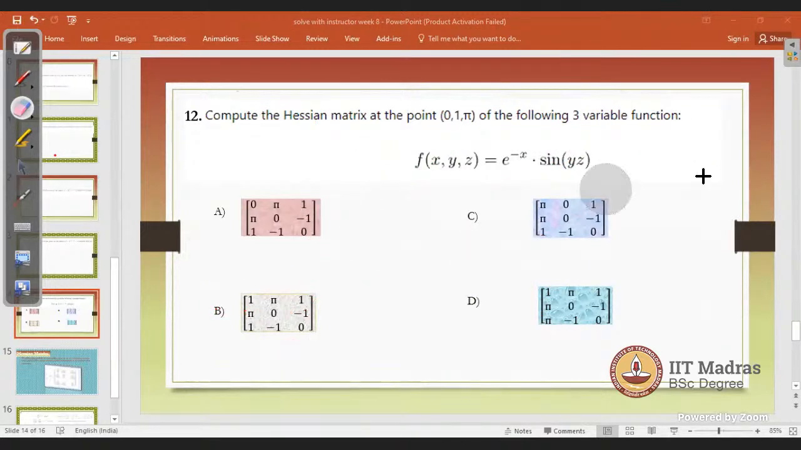This is your function, and this is the Hessian matrix. The Hessian matrix is nothing but a simple square matrix composed of the second order partial derivatives. So just compute the Hessian matrix, nothing more and nothing less. I particularly kept this question here because in the last session someone was saying how you create the